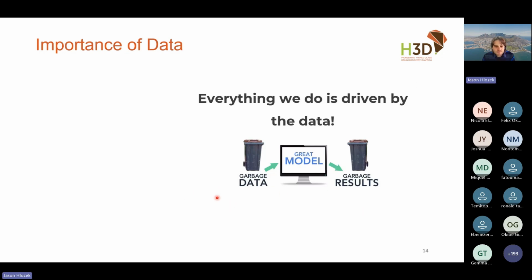I can't emphasize enough how important the quality of your data is to the model building process. You could have the best, most sophisticated model training framework ever, but if you put in data that's very messy and noisy, it's not going to be able to make sense of that, and you're going to get nonsense results. So this garbage in, garbage out paradigm is something to keep remembering. We're trying to make this data as clean as possible so that we can let the model identify and learn the patterns as efficiently as possible.